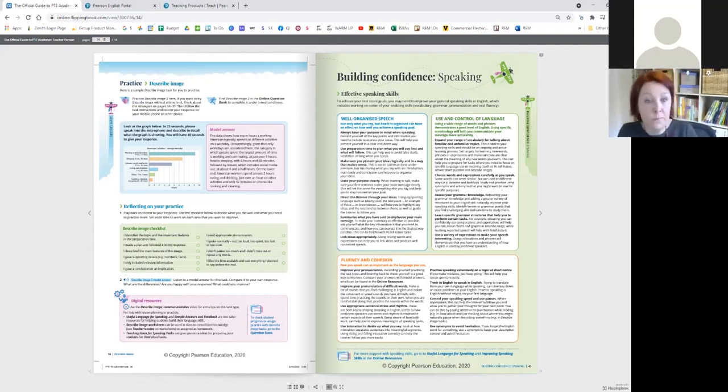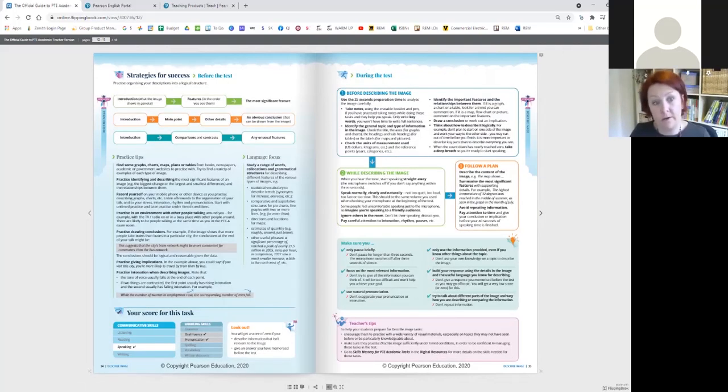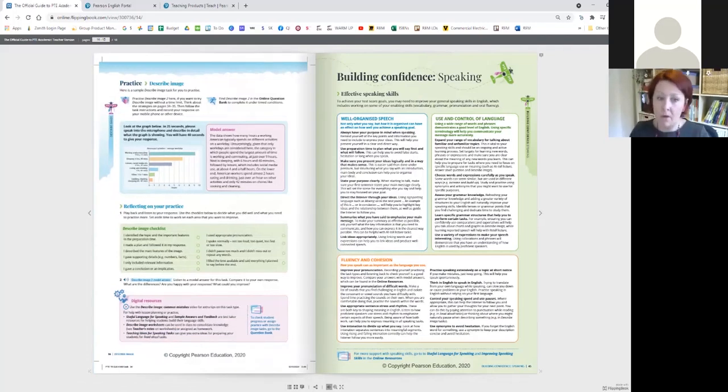So that's really helpful. And the interesting thing about this is that the tasks for each task type, so there's two. There's one on the practice page, and there's a different task on the first page. Both of those tasks are also in the online question bank. So students can either do them on paper in their book, or they can record their answer or do it however they want to. If they just want to do it kind of free with more time.